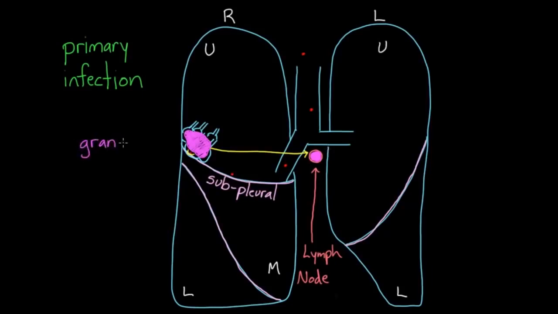And if you look under a microscope, it actually looks like what we call a granuloma. That's the description that a pathologist might use for what we're actually describing here. And same thing is true for the lymph node. There's a little granuloma in there as well. If you were to peek inside of this granuloma, let's just actually kind of erase the center out. If you were to peek inside, or let's say I was to cut it open, what you would see is